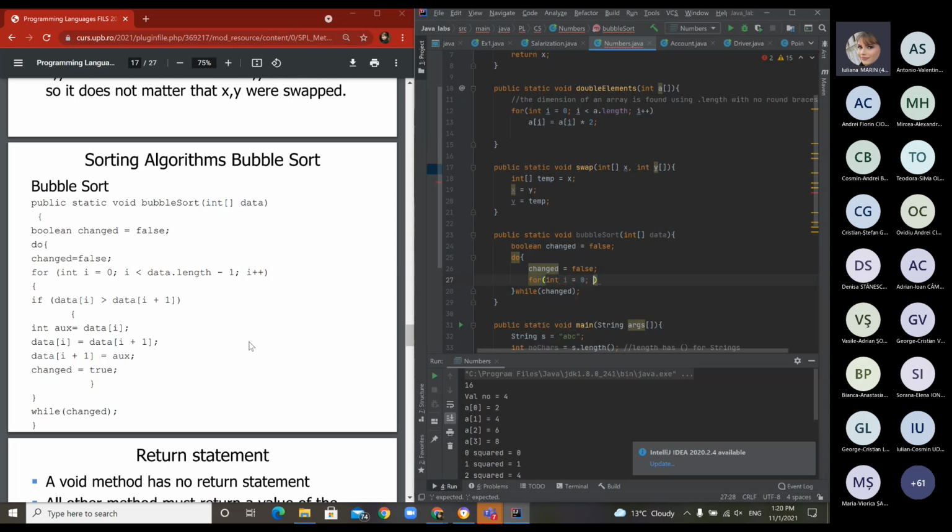So I will start at 0. I will go up to my data dot length -1 because I compare it with the following element, so I need it to exist. And this is why I have -1, I++, and then I have a curly brace because I have multiple statements inside, such that if my data on position I exceeds, so I want it to be in ascending order. If you want it to be in descending order, you change the sign. So whether it is greater than data of